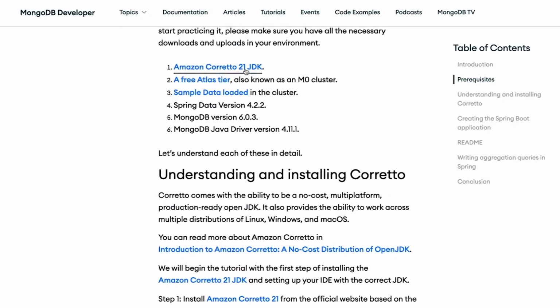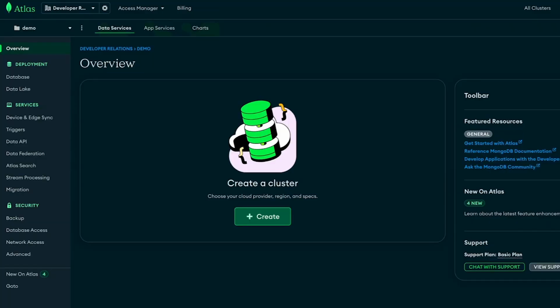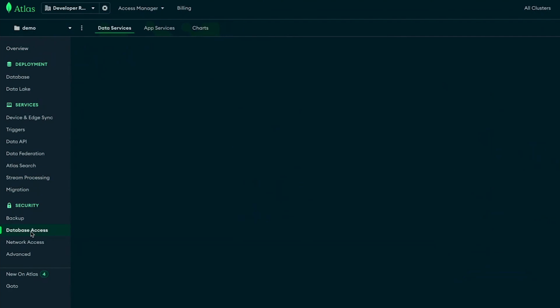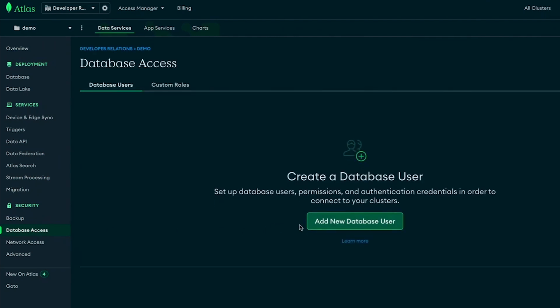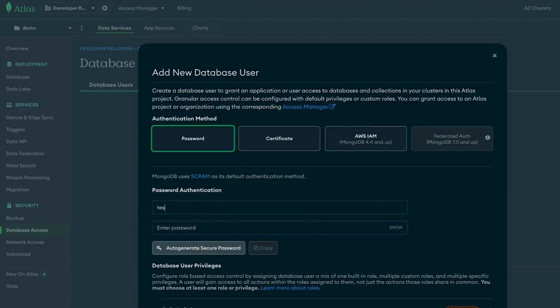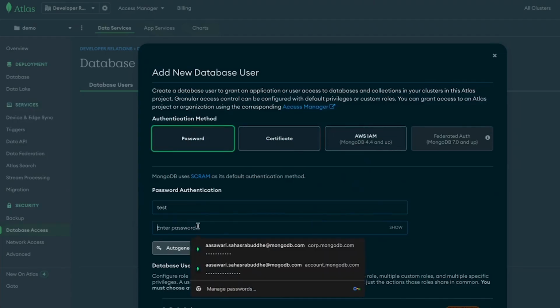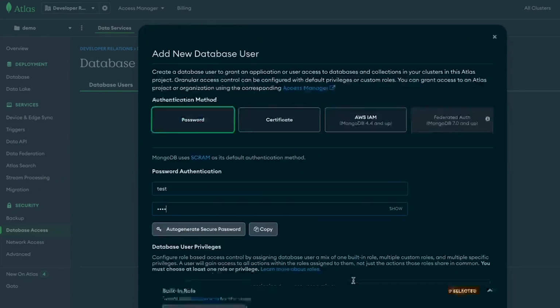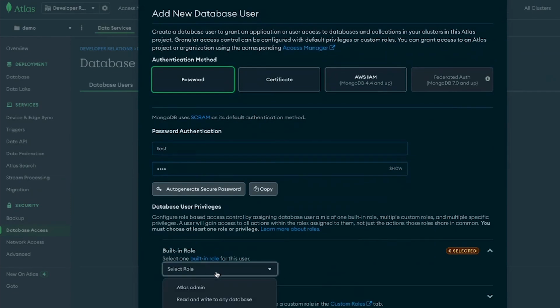The next step is to start and create your first Atlas cluster and register to your Atlas account to download and install your first cluster. After your project is created, this is how your screen is going to look. You need to set the database access and the network access before starting to create the cluster. So let's start by creating the database access. We would be creating the user, giving the name as simple test and test for our application, and then add the built-in role, which would be the Atlas admin role for us.